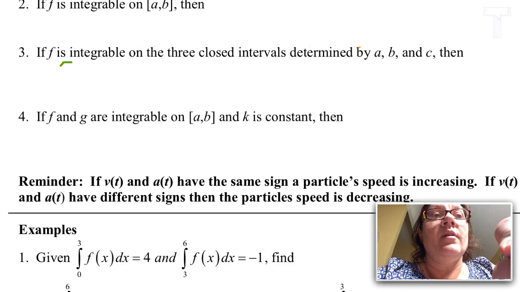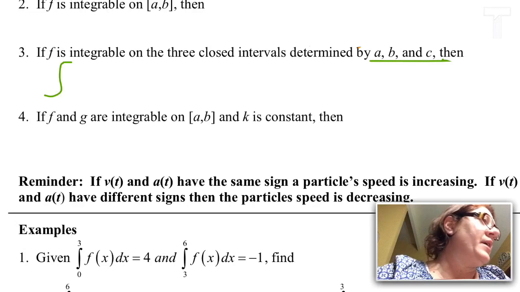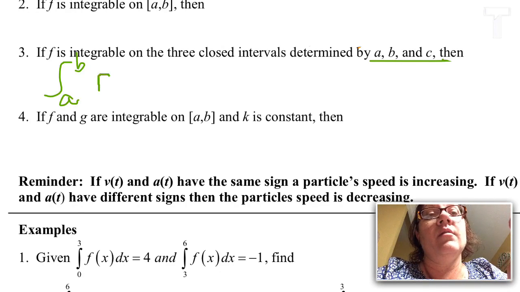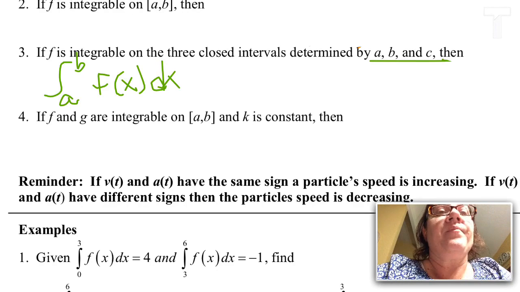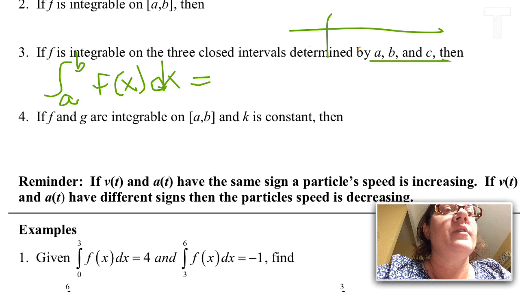And on the next piece, let's say I have these intervals from a to b to c, and I find the area between a to b, again, with respect to x. And let's say that c happens to be somewhere in the middle of this interval. So I have a and c and b. And I want to find the area from a to b, but currently what I know is the area from a to c